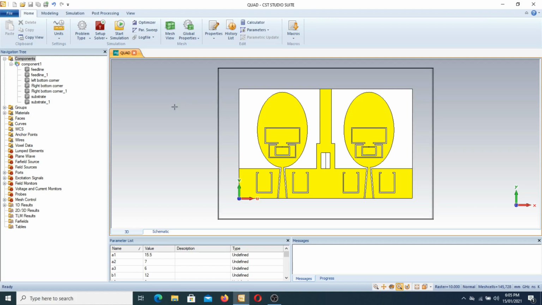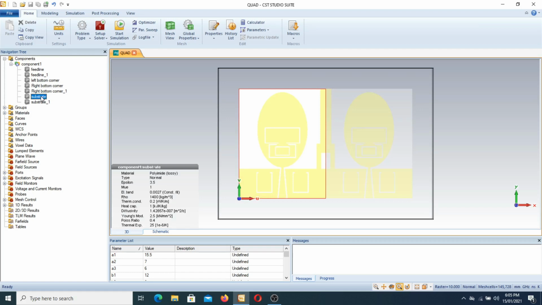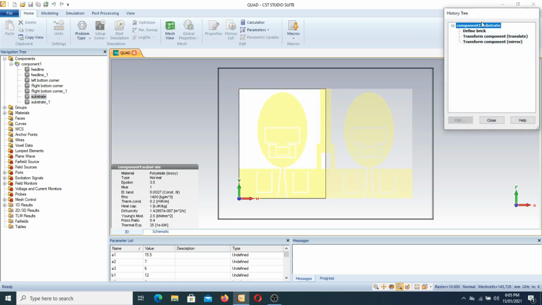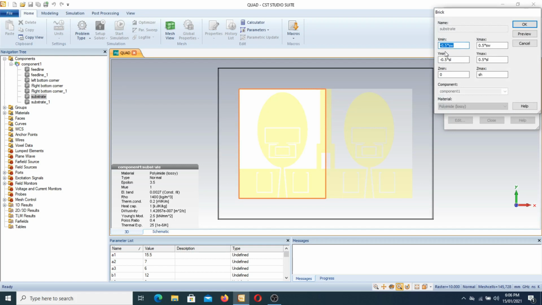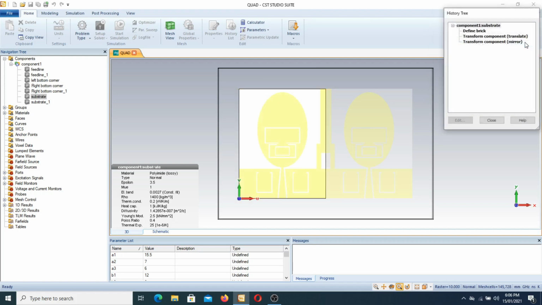According to the components, we have at least 6 to 7 components. First of all, we have two types of substrate. We divide the substrate into two partitions. The first substrate is this part, and the second substrate is this, which is the mirror image of the first. First let me look at how the substrate is designed. The substrate has the following components: 0.5 multiplied by SW, and 0.5 up to SW, SL, and 0 up to SH. These are the parameters I will show you at the end.